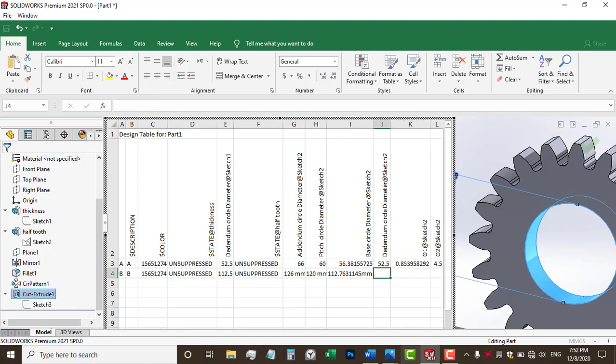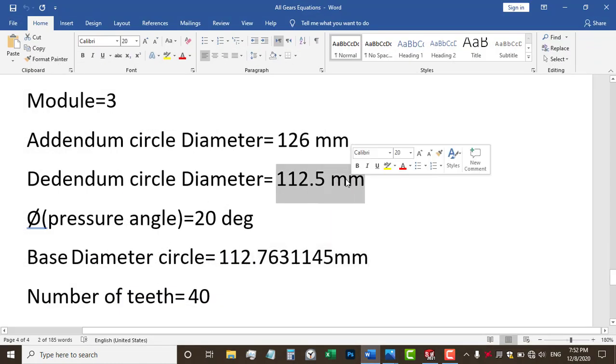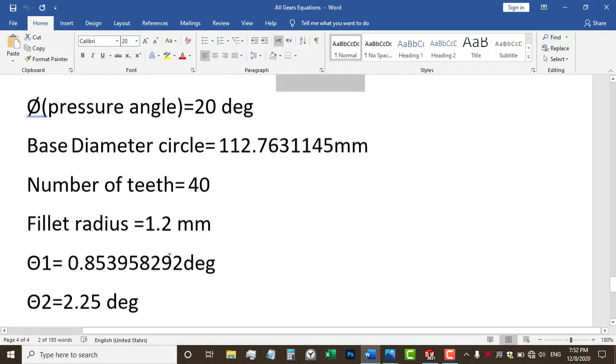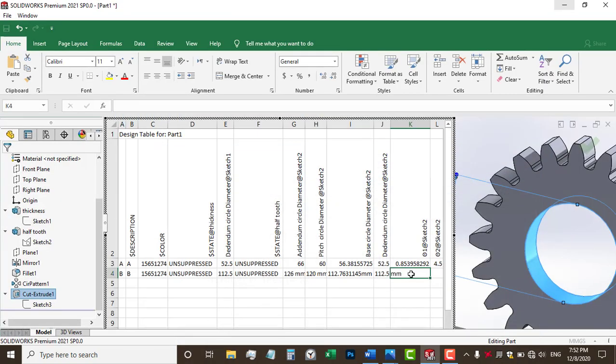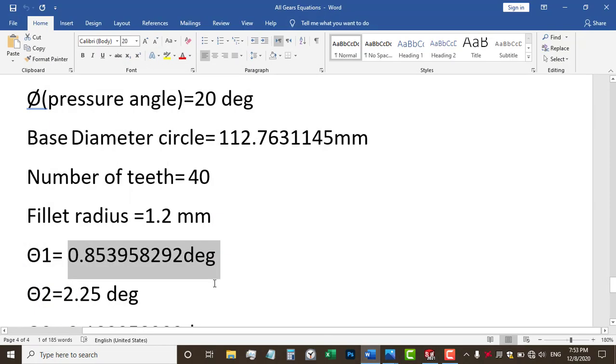Again for the Dedendum circle. Now for angle number, first angle, theta 1, I'm gonna copy this and paste it here. Now for angle of theta 2, gonna copy this value